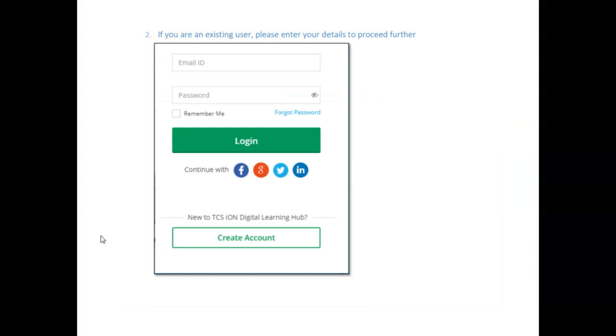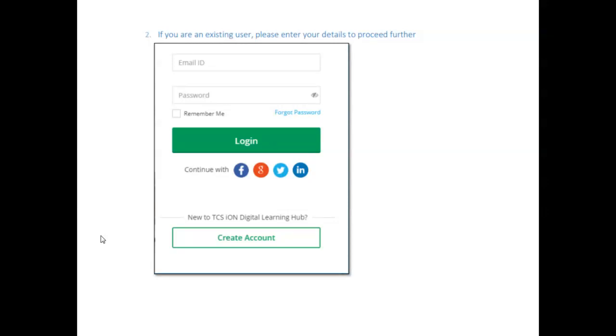In the login, that is the TCS Ion Hub login, or the login you created, I think, 6 months back, they provide free learning courses like career development and soft skill development. Maybe at that time if you registered, I can directly use that mail ID and password. If you don't remember the password, you can use the forgot password option. You can reset and use it.